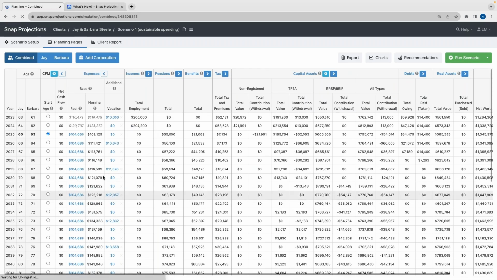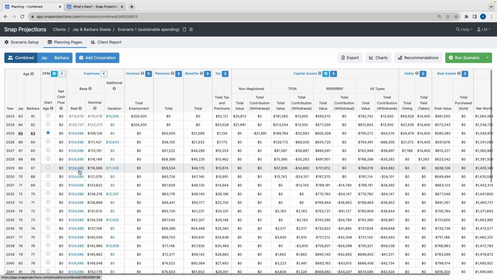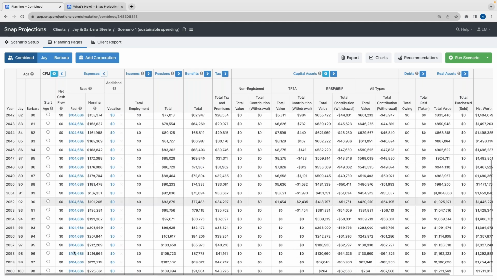Okay. And we will notice at the very top of our menu, it now says scenario one bracket sustainable spending. So now we have two scenarios, one with a sustainable number. And we are going to notice that we have this 104,000 right here in our real expense with no shortfalls